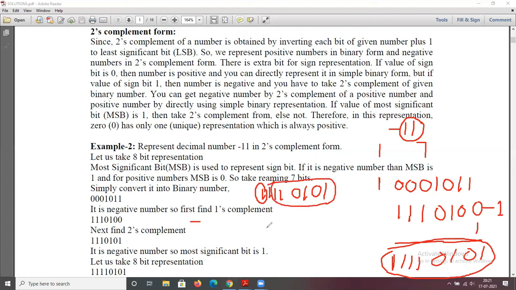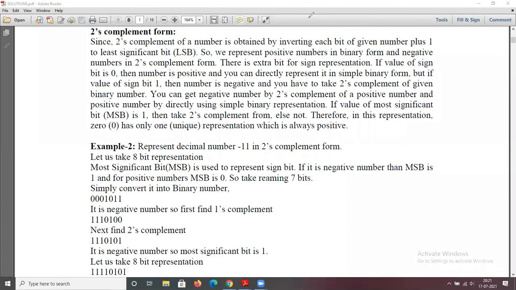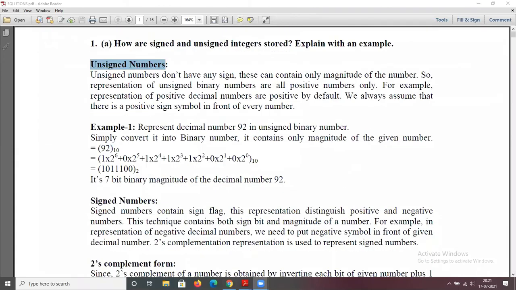The 1's complement is 0 0 0 1 0 1 0. Add 1 for the 2's complement: 0 0 0 1 0 1 1. The equivalent number is 11, so it is minus 11. In this way you write the answer for this question.